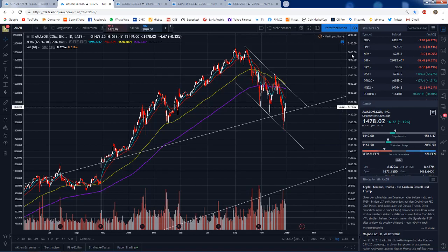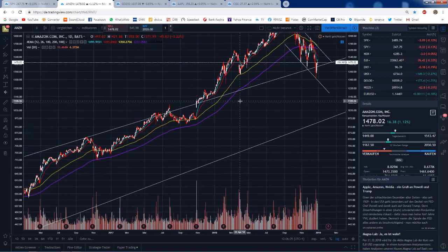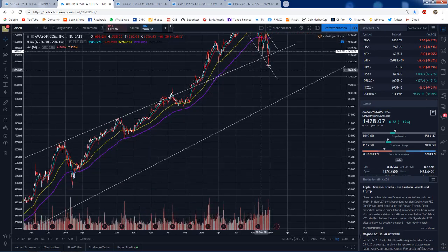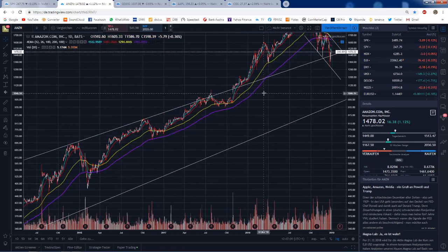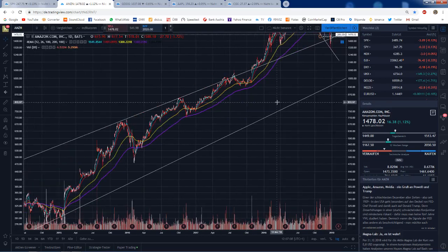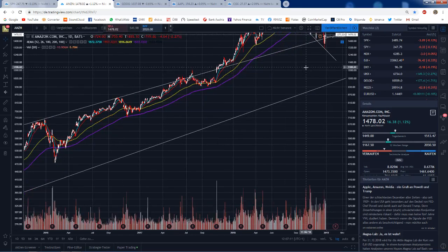So if we now look for any price levels on Amazon, I'll most likely be looking to 1,000 for the psychological level. Since we don't have much support right here, this is pretty much free fall until 1,100, 1,000. You can also see a gap right here on Amazon, so this might get filled. It's not always the case that gaps get filled, but anyway,